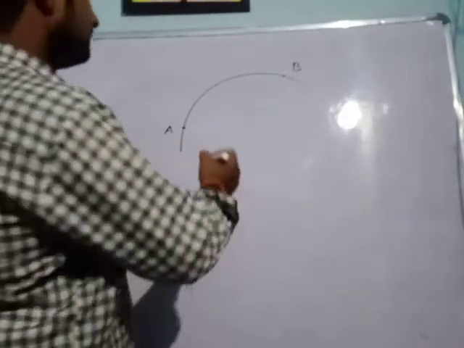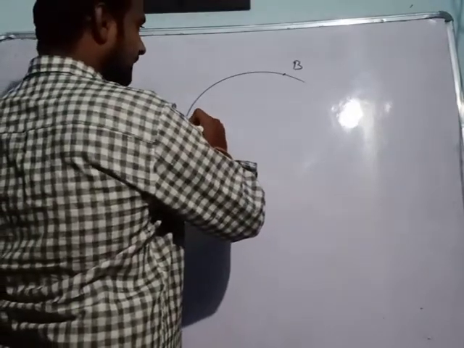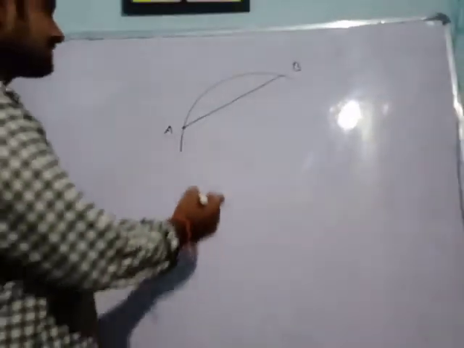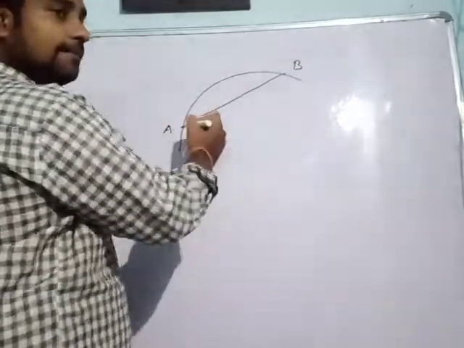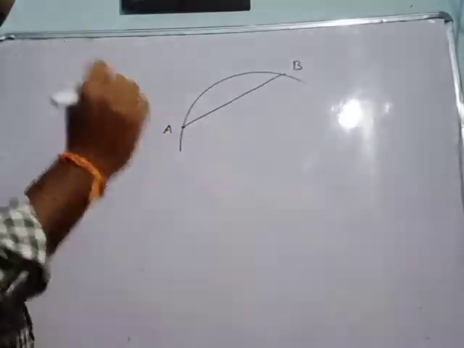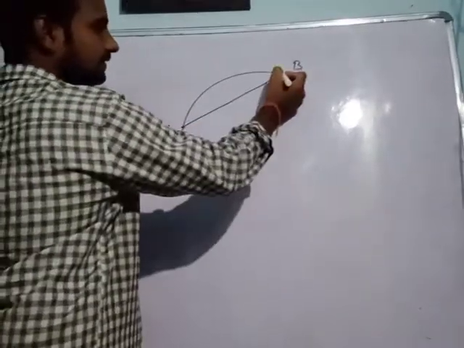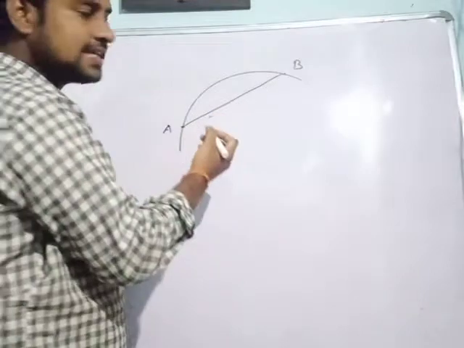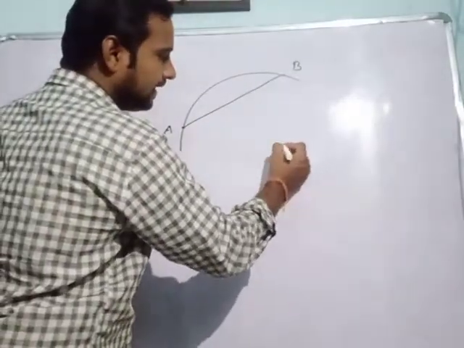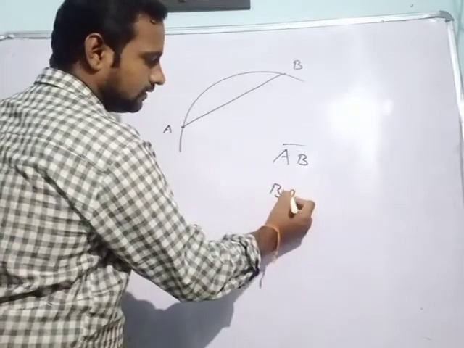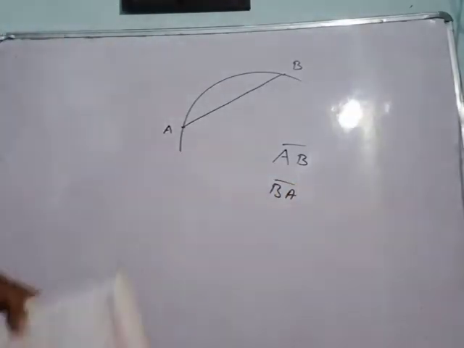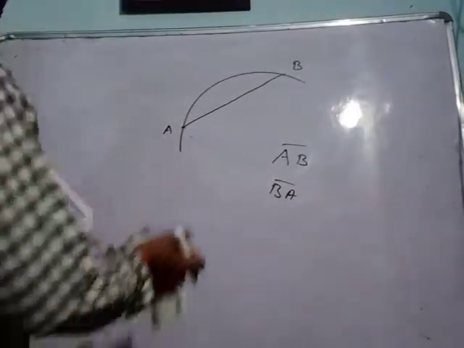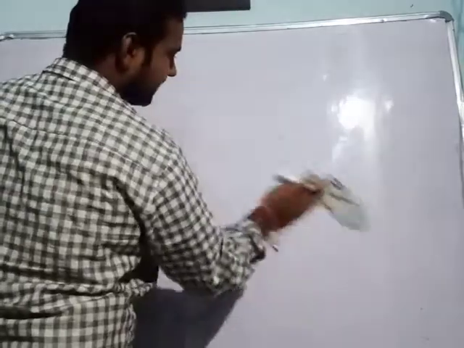So here displacement is simply the shortest path. So join A to B simply. This is the shortest path. So actually this is the total distance from A to B, but displacement means the shortest path, the change in position. The change in position means here A to B. So what is the displacement? Simply displacement is equal to AB or BA. This is the displacement. Clear all of you? Now next question. So A to B means simply AB is the answer.